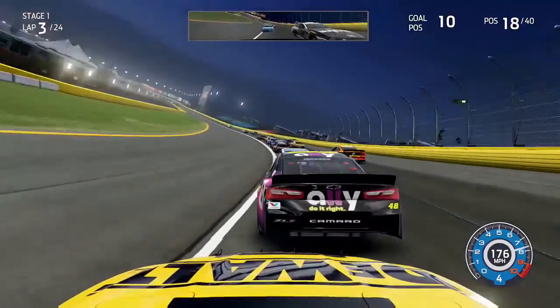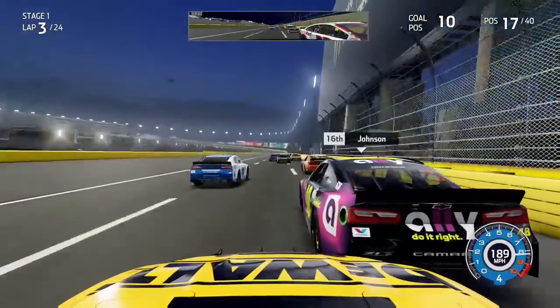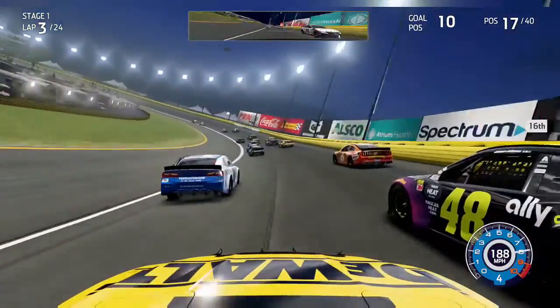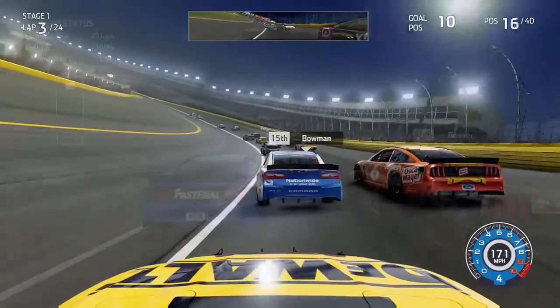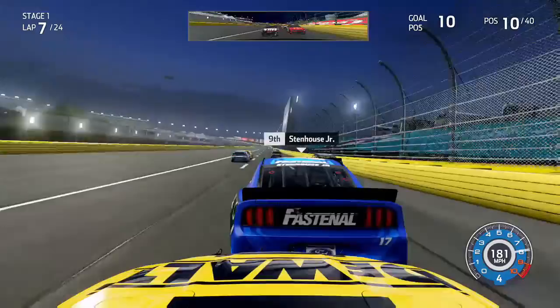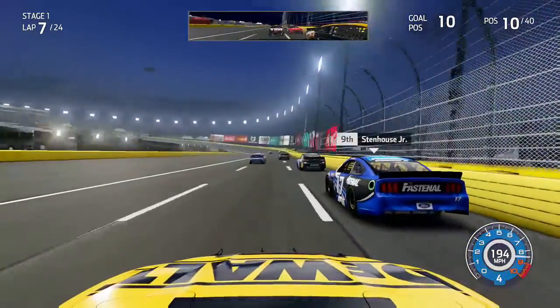the inside of Almirola, and now Denny Hamlin comes through to pass them both and move back up into the 17th position, as we look to the inside of Jimmy Johnson as we head down into turn 3 as he is working his way towards the top 15, and so is Alex Bowman, who's trying to work his way through the field. Bowman has been running pretty good this season, and as we came to lap 7, we had worked our way now up to the 10th position, trying to look to the left-hand side of Stenhouse as